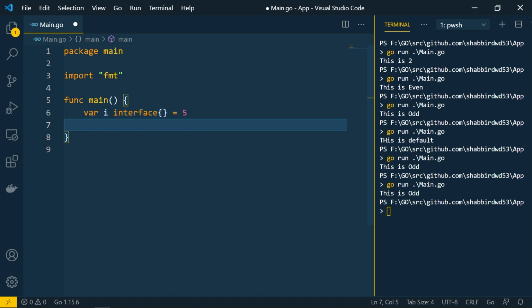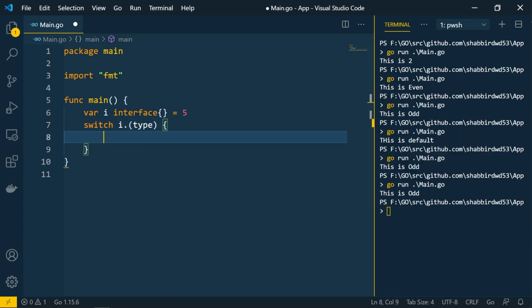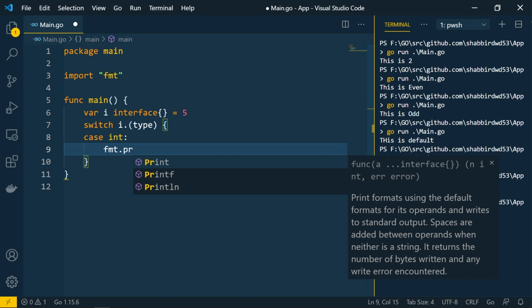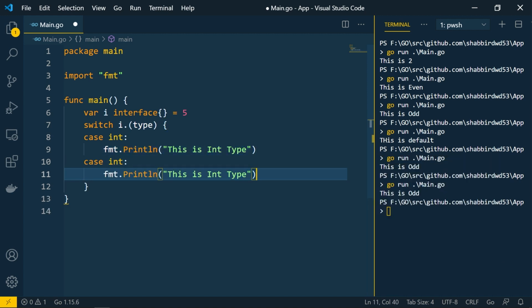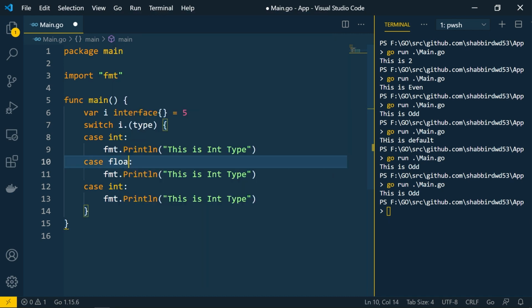Okay, now let's create the switch statement. So what we'll do, we will create switch of i, and here we will do type over here. Now we will add the case condition, case int, then do fmt.Println, this is int type. We can do float64, we can do string. So we are giving the different types over here. Let's give the default as well,